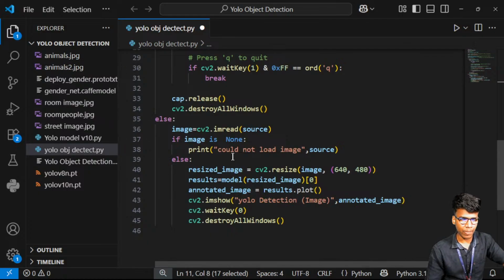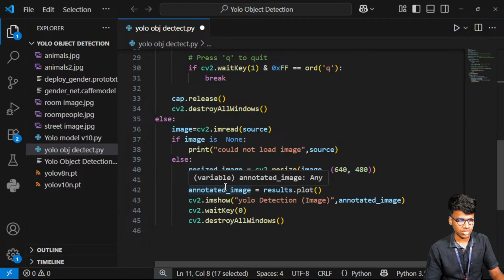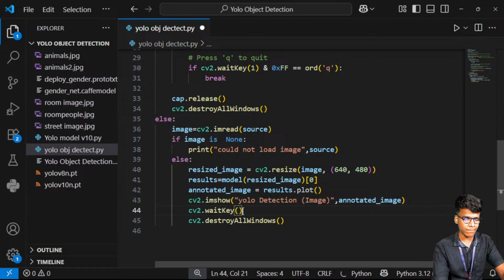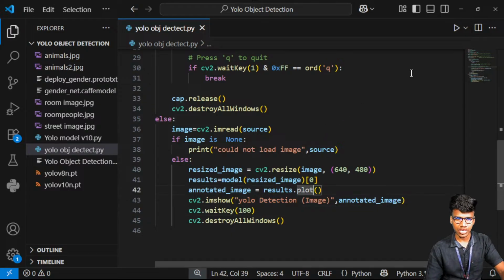In case the image is not properly inserted, it automatically goes with "could not load the image", that way. Or else, if the image is properly loaded, you can go with resizing the image and checking the objects inside the image. Here the 0 means infinity, we can represent any number. I mean the image has to be held for only a few seconds. Now I set it to 100. Okay, now we can see how long the particular image is held.